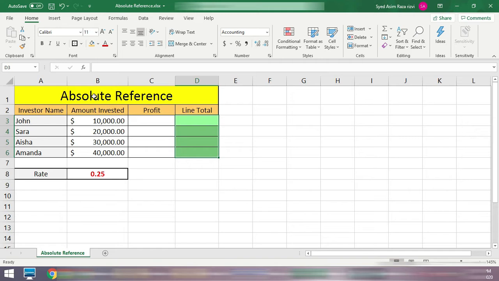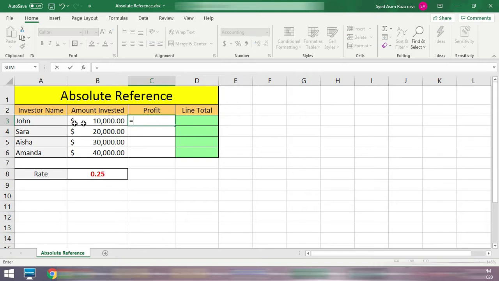Today we are going to talk about absolute cell reference. Here is the table, and it's very simple in nature. We have investors here. These are businessmen, and they're investing their money in some type of profit, and they're expecting that they will get a 25% return. So if John invests $10,000, then he will get 25%. This multiplied by 0.25,